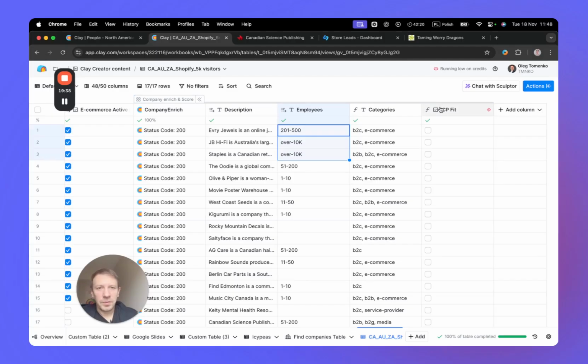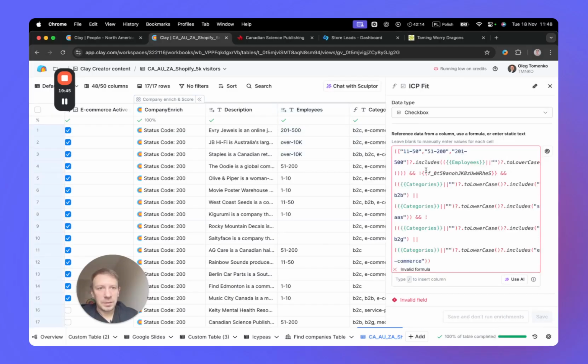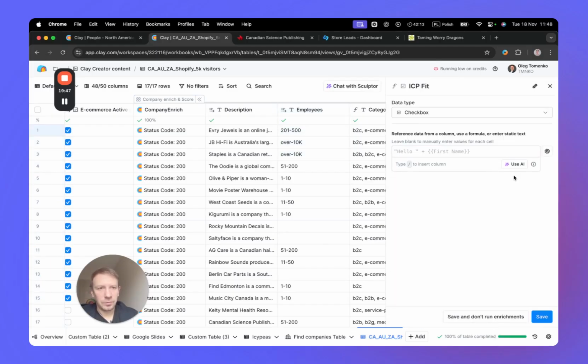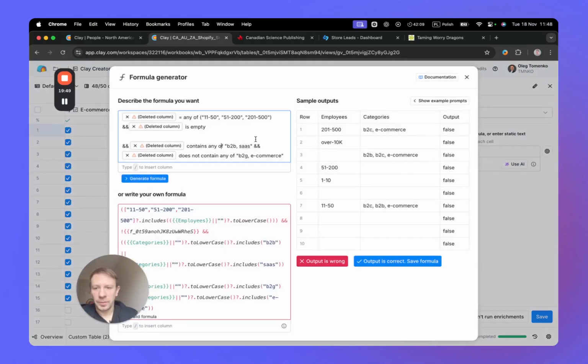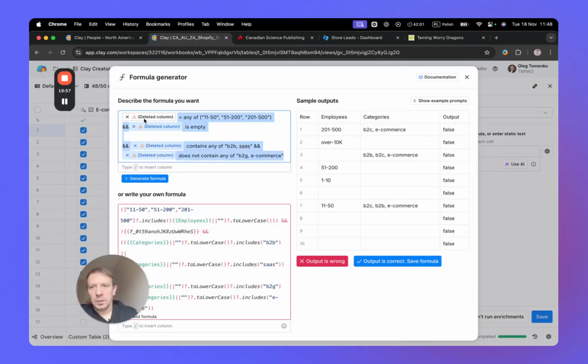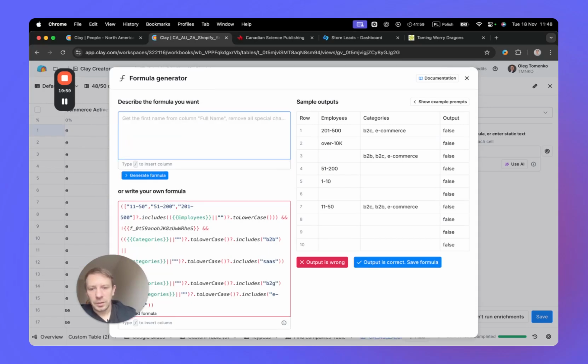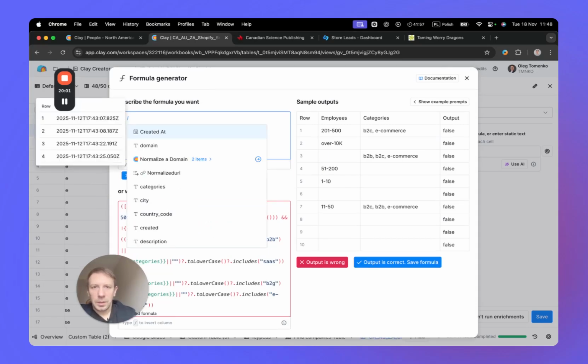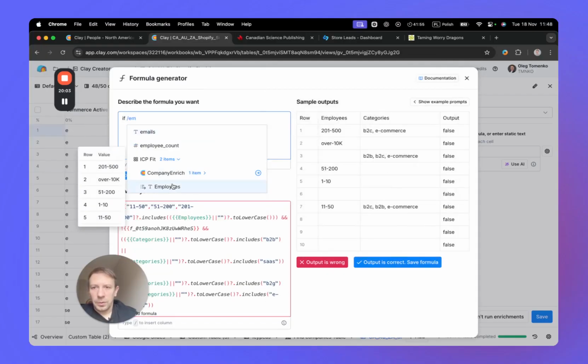So ICP fit basically means, in terms of company enrich, meeting the specific criteria. So we'll just delete the formula and then we use AI to create a formula. So we will be checking if employees